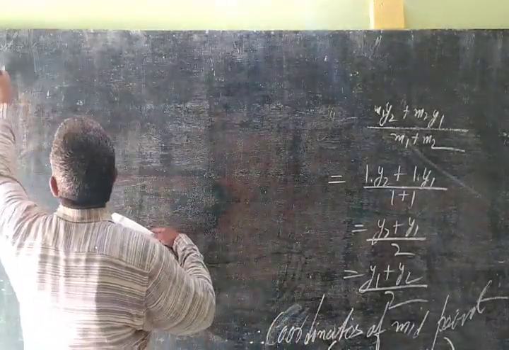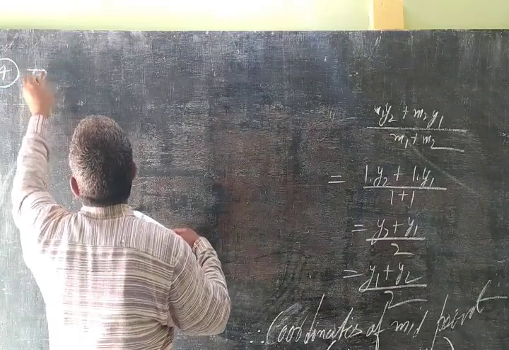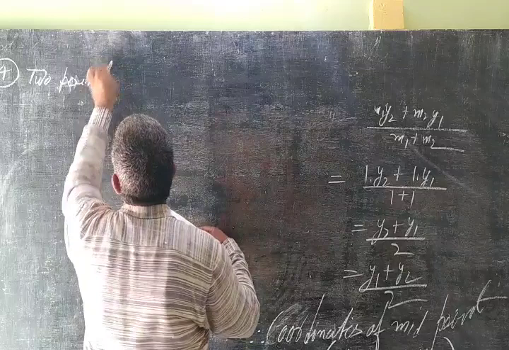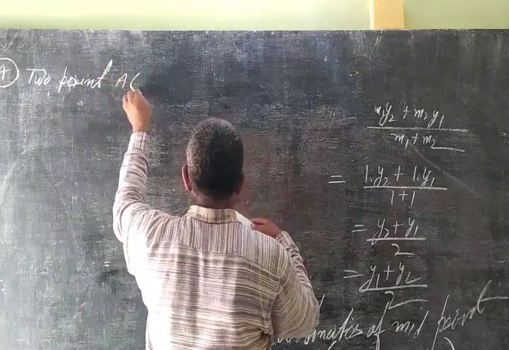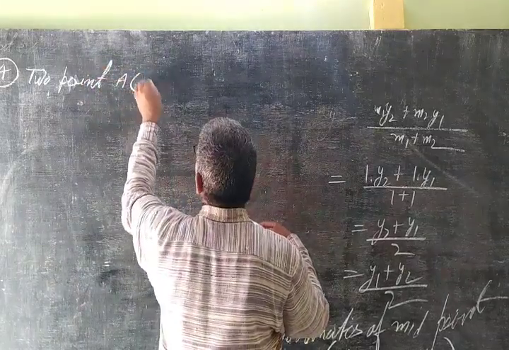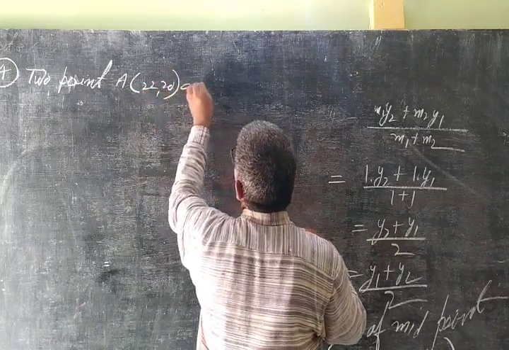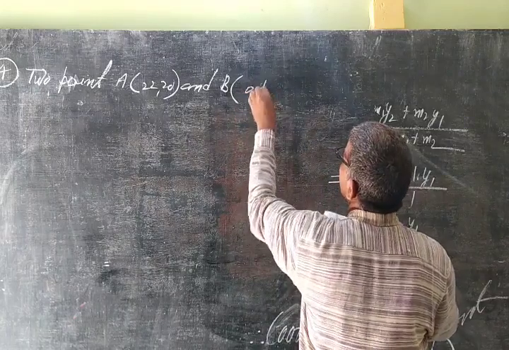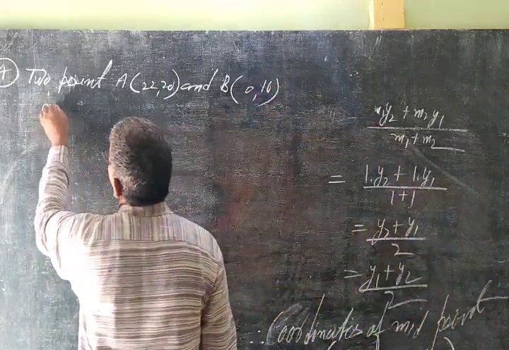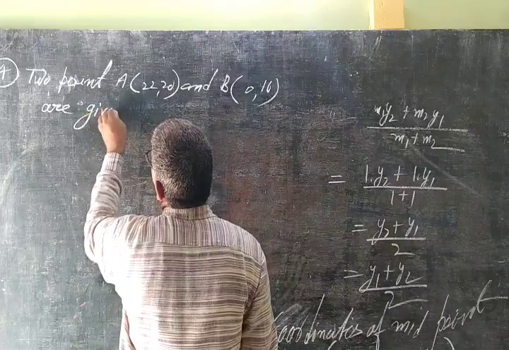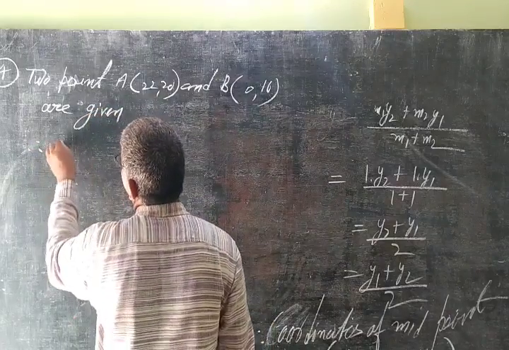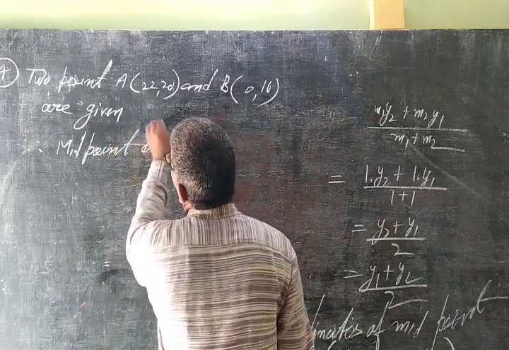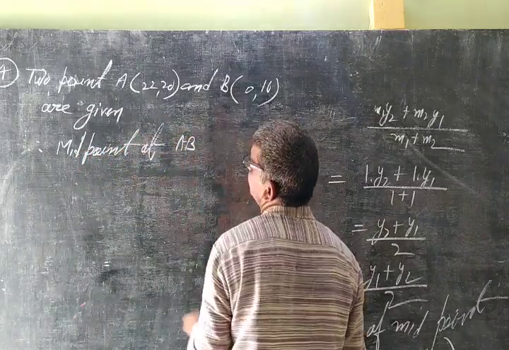Yes, question number 4. Two points A (22, 20) and B (0, 16) are given. Therefore, midpoint of AB